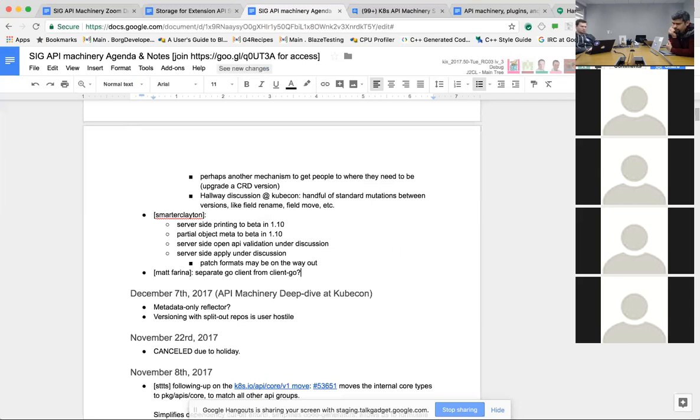Typically, people are impacted when they're using the full gamut of informers and listers and reflectors. The more of API machinery you are using, the more exposed you are to changes, but the more value you're getting. I think the fundamental request is a good one, and I think the code base is just not mature enough to lock down to that degree yet.